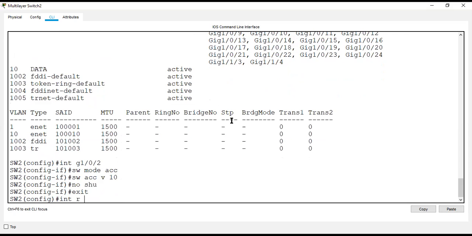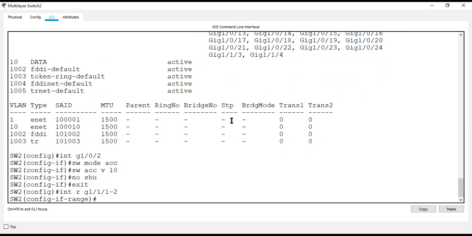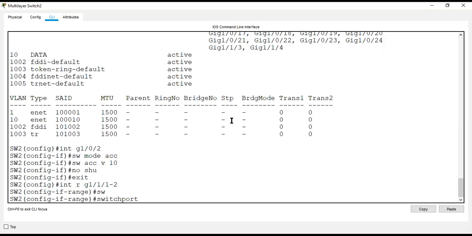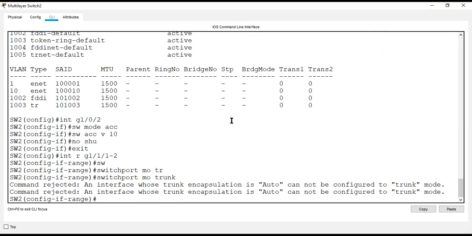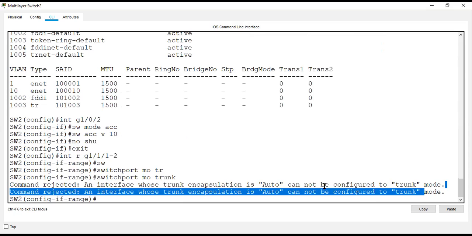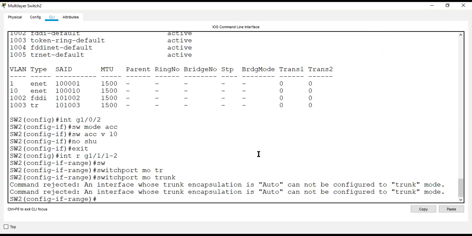Then interface range gig 1/1-2, switchport. Let's say I'm not giving .1q, switchport mode trunk. It will tell us this is auto by default, so we need to mention what kind of protocol is to be used.